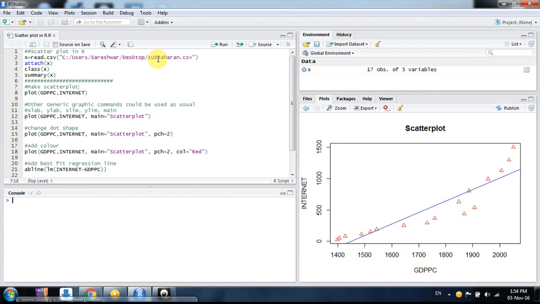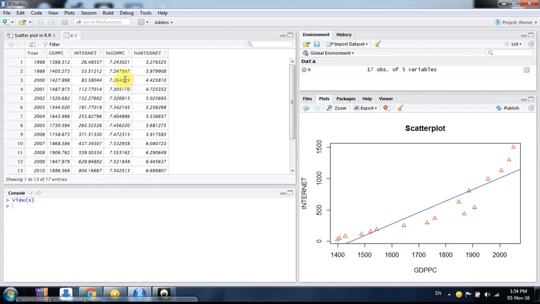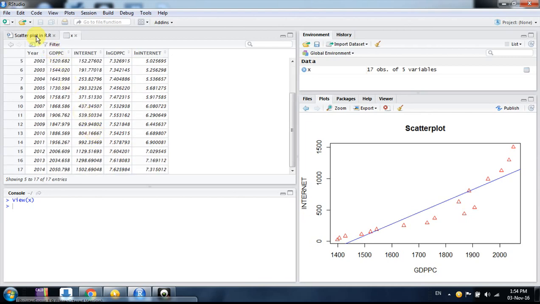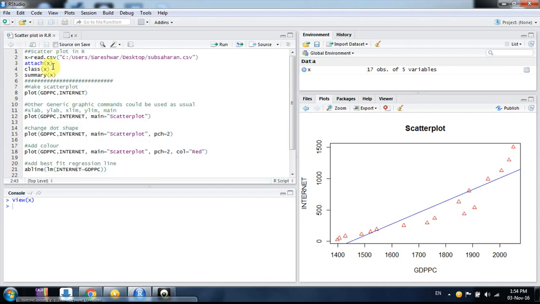So first import your data. I have already imported it. My data is GDP per capita and internet data of sub-Saharan countries for the duration 1998 to 2014. Let me attach it so it can read the column names directly. Then the simple command for